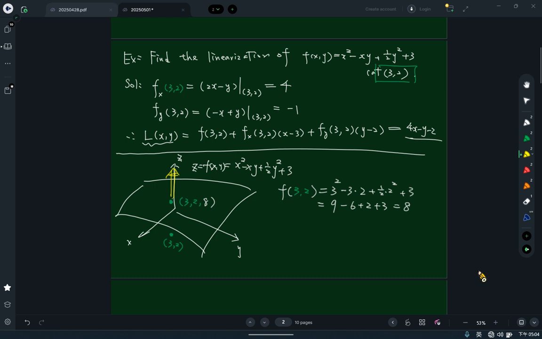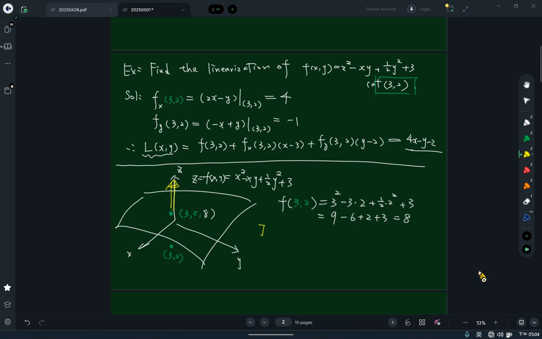for this point will be the gradient vector. So I can change the form as x squared plus xy plus 1/2 y squared minus z plus 3 equals 0, right? So I can change it as this one, so that I can define